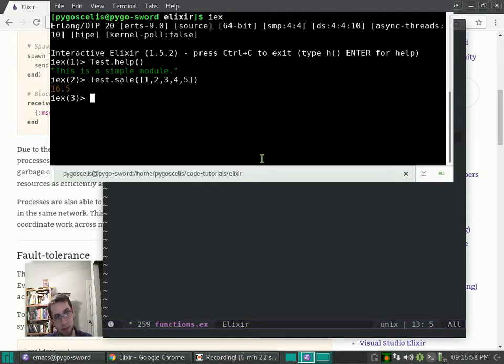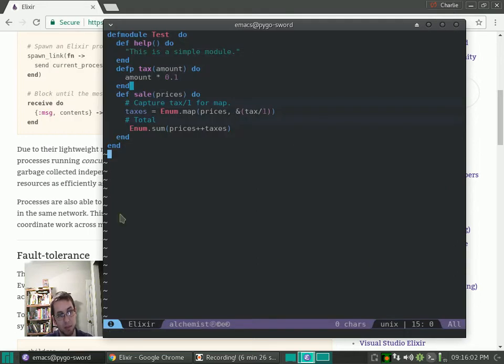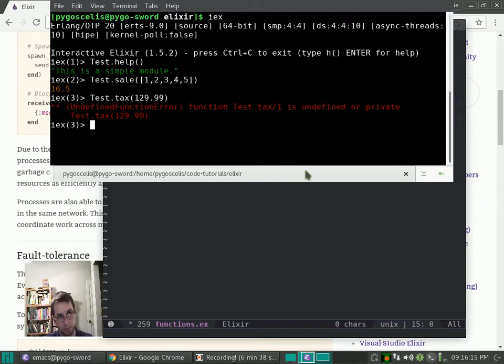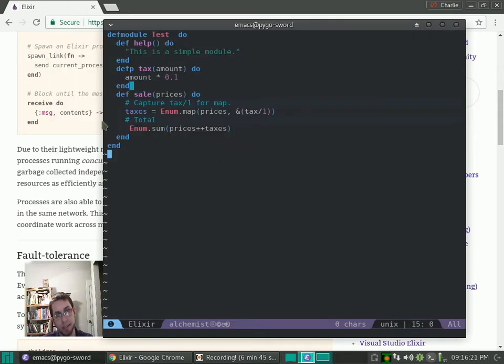You see we get back our value of how much that would be with taxes. Assuming the tax rate is 10%, that would be correct. Now, for sanity's sake, let's say we wanted to call that tax function. It is undefined or private. In this case it is private, so we can see it is defined here, but it's very useful to see that working and understand